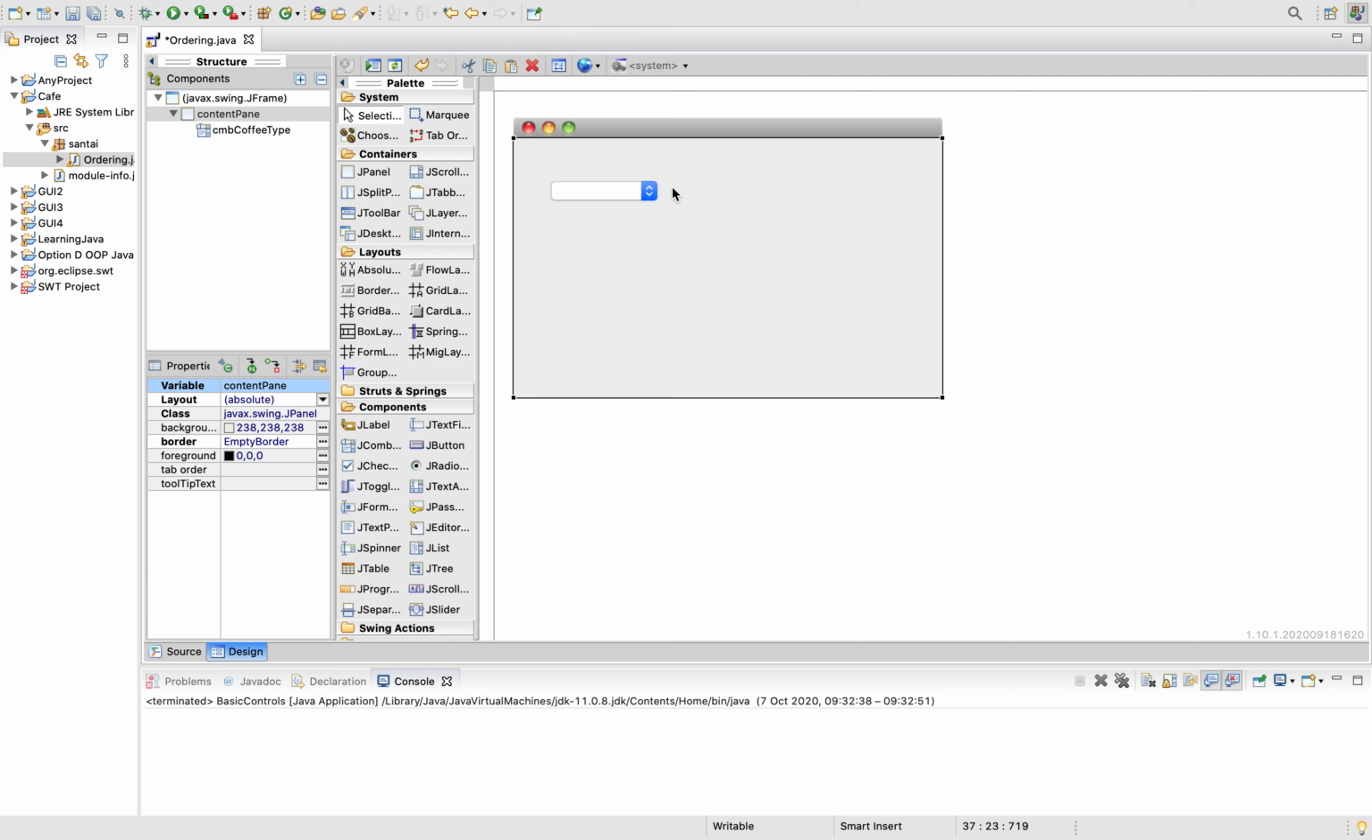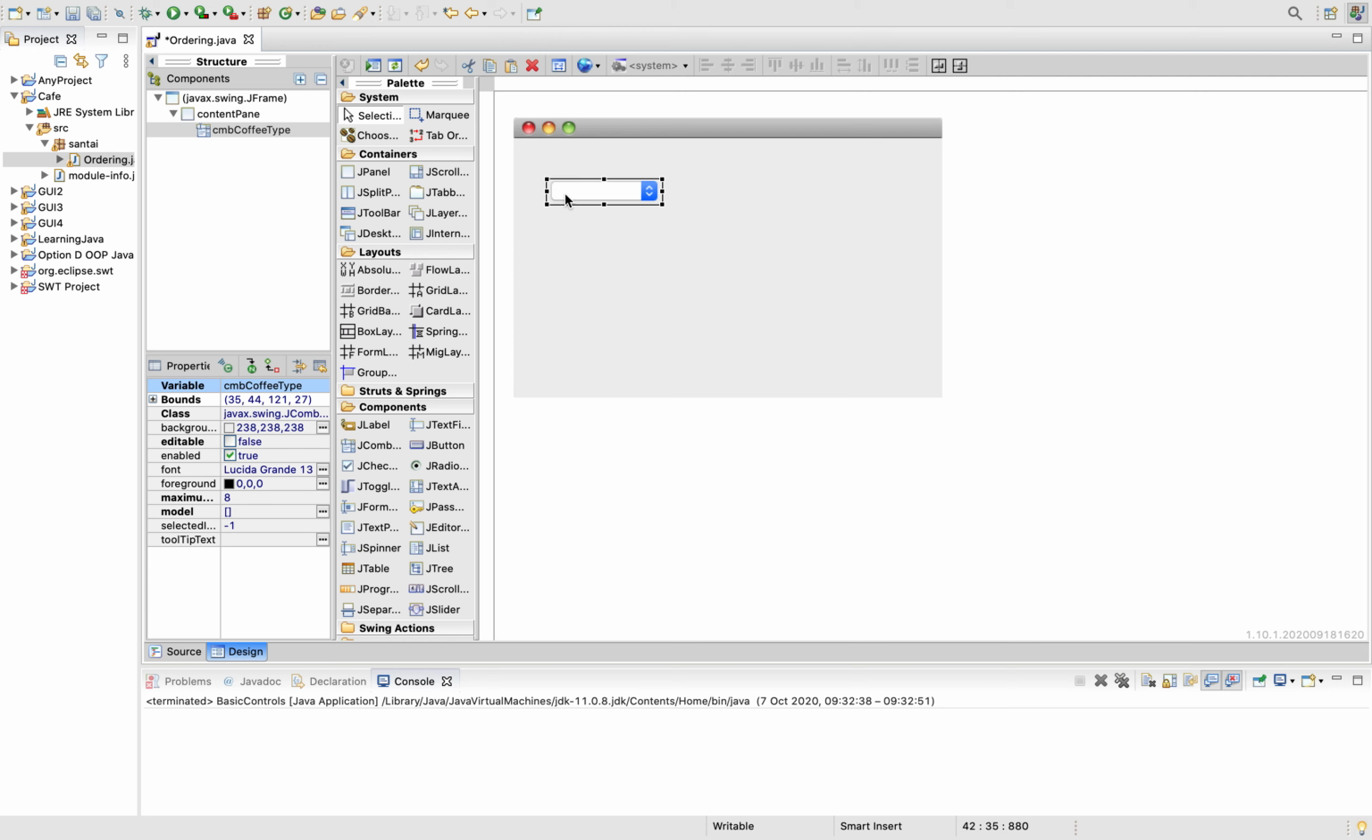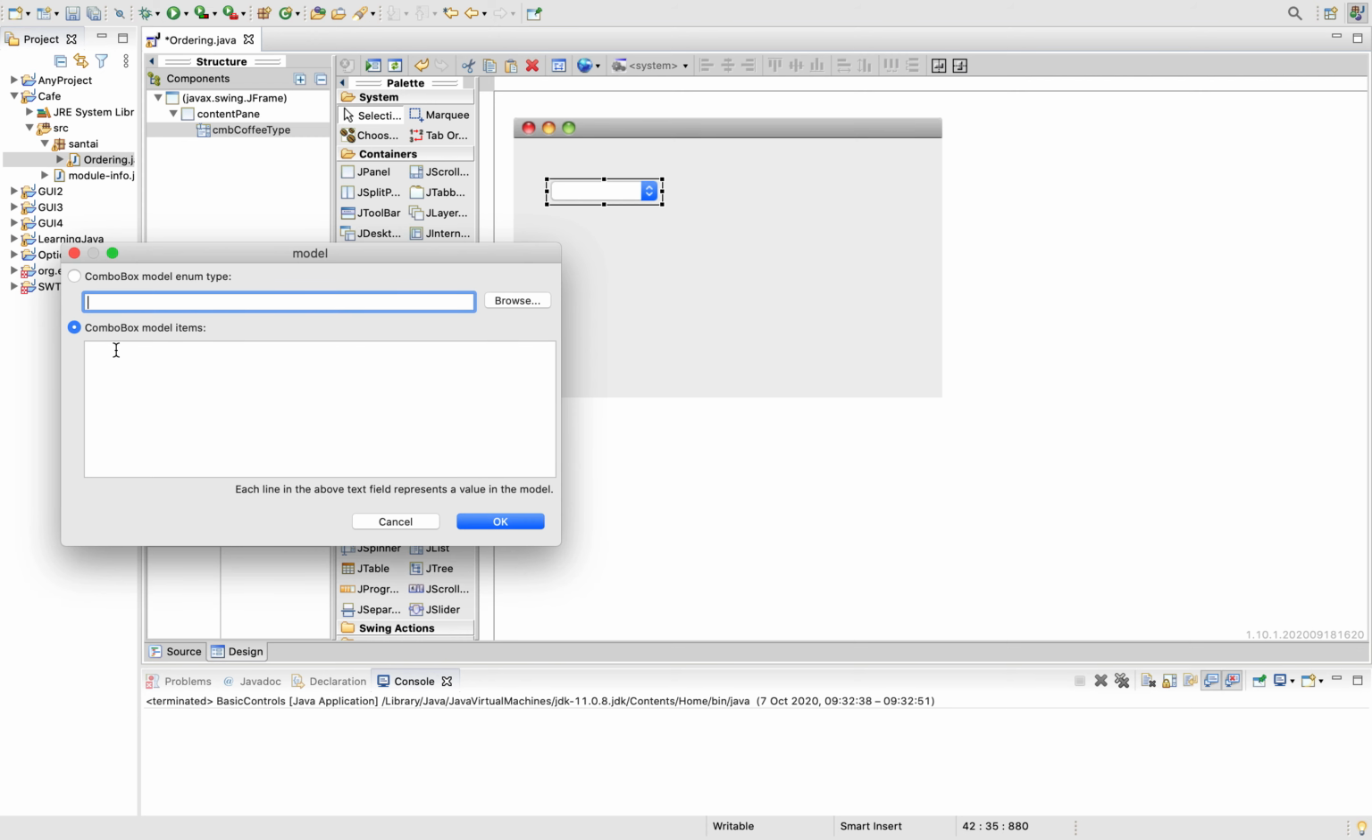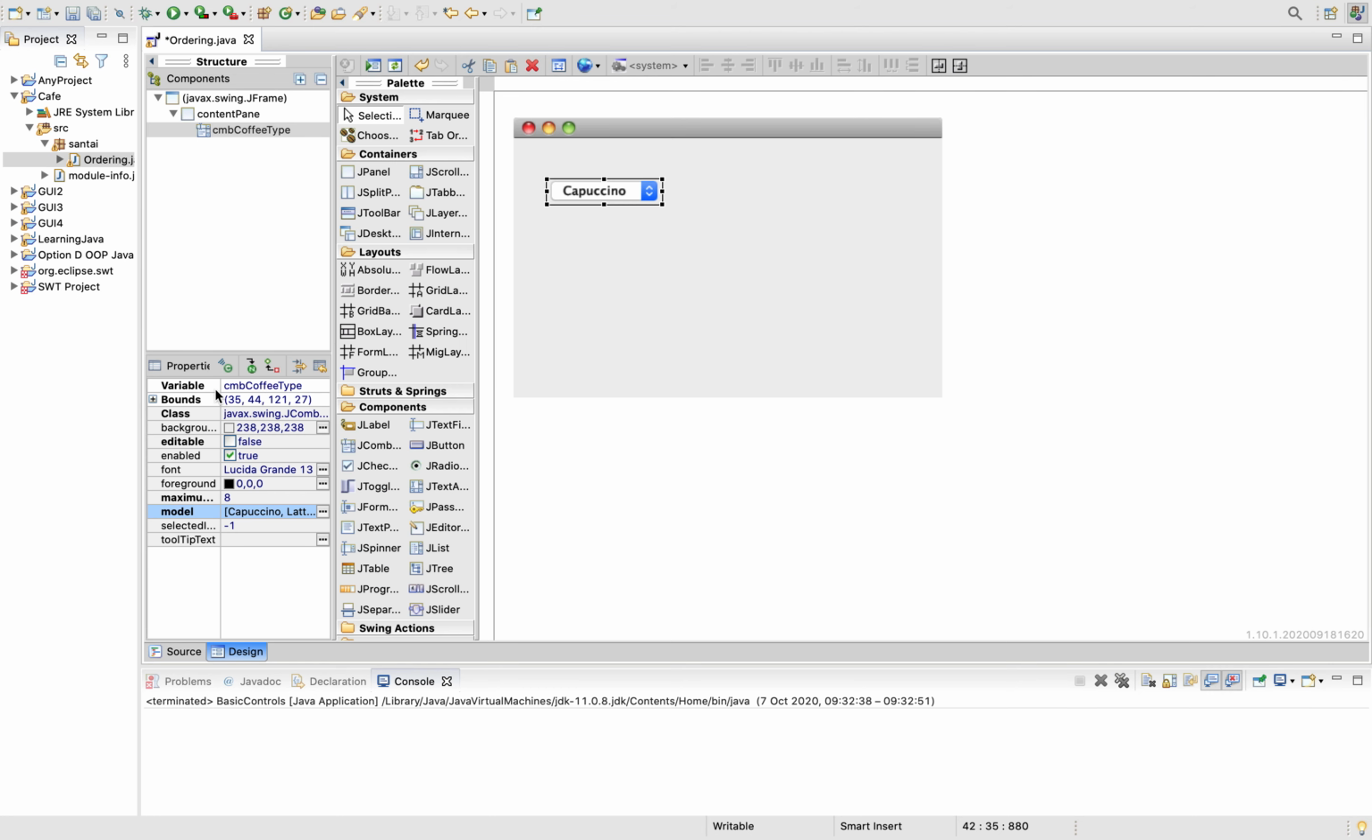And beside that, I might as well just go straight in and add some things into it now. I can edit the model. Remember, the data model means the contents of the box, not the way it looks. So if I say cappuccino, latte, americano, espresso, if I put those in, double S or single S, I can't remember. Does that look right? No, I think it's one. If I put those in, you'll see that these properties